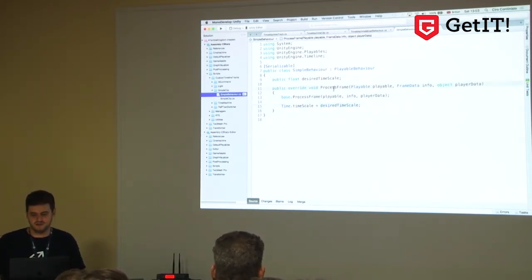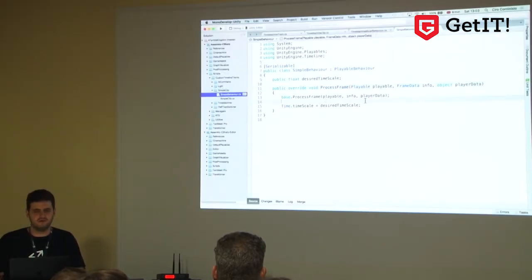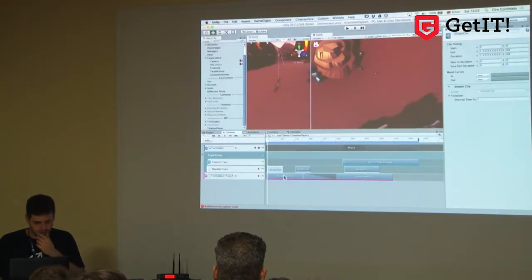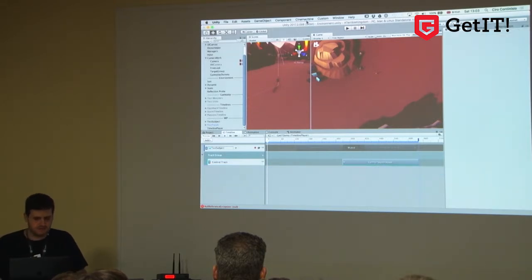And actually this is also a very poorly optimized script, because when I process the frame, it means that I'm doing it every frame. So I'm setting the time scale every frame, which is useless. I should just do it once when I hit the clip. So this is just a simple example, but then you can do so much more. You can set some kind of Boolean variable, let's say time already set, and so you don't do the operation every frame. So this is just a very simple one operation script. Let me clean this timeline. So yeah, through this wizard,